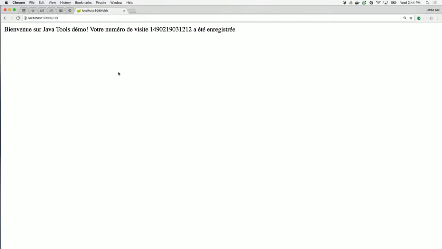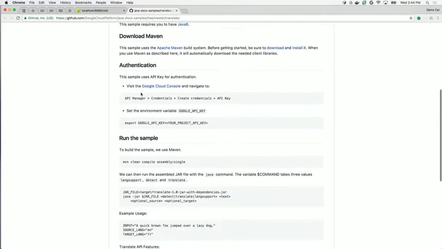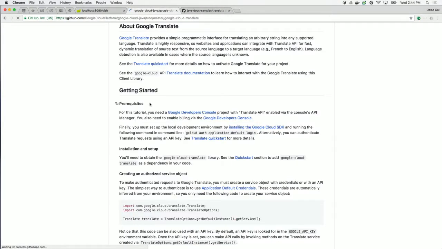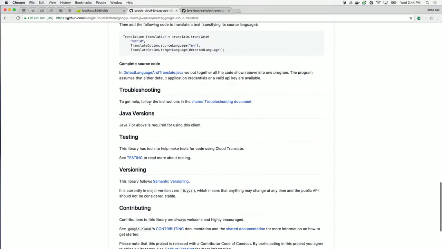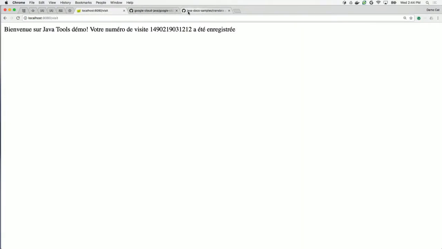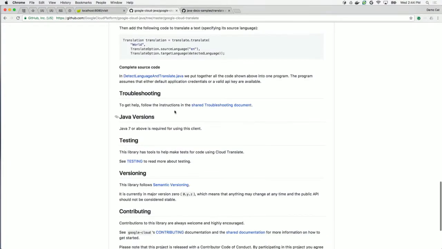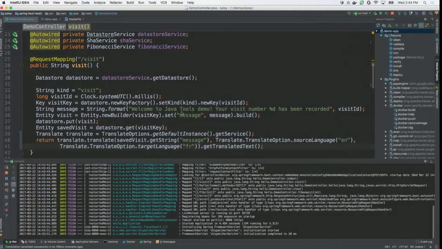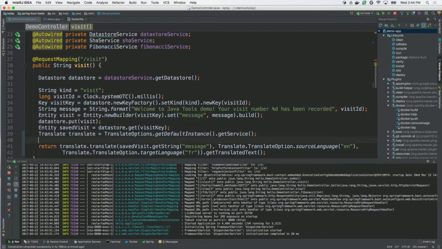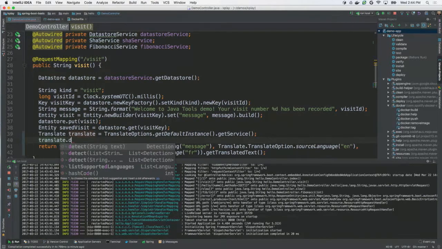I like that. But actually, let me go back to the API, because I saw something that was pretty kind of cool looking. I think I saw that you could detect the language. Let's try that again. No, not this guy. Where was the code? Here. Translate, and there's translate.detect, right? So if we go here and do translate.detect, we can actually pass in a string and get a source or a target language. So let's try doing that by actually just adding a